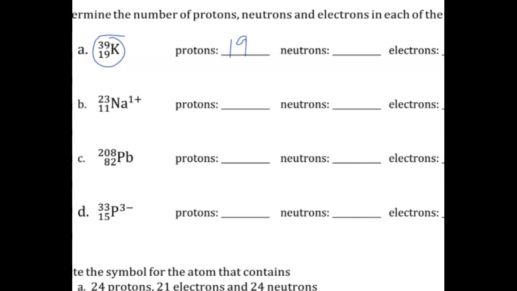The top number here, 39, is called the mass number. And that is the number of protons plus the number of neutrons. So in order to get the number of neutrons, what we do is subtract the bottom number from the top number, and we would have 20 neutrons there. And if I go ahead and look at electrons, well, in the case of an atom,